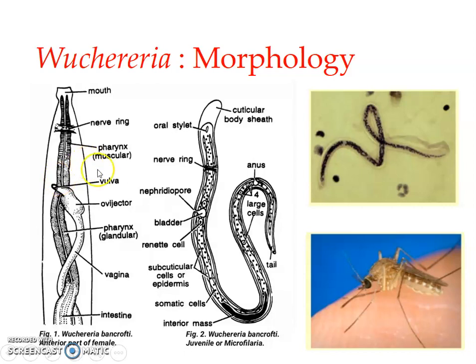On the other hand, in females, you can see here the genital pore, or the gonopore, or the vulva. It is located ventrally in the pharyngeal region. You can see this is the muscular pharyngeal region, the glandular pharynx. So this is the whole pharynx region, and it is in this region that the vulva or the genital pore opens, and it is provided with an ejector mechanism, the ovejector. So this structure is present in the case of females, absent in the case of males.